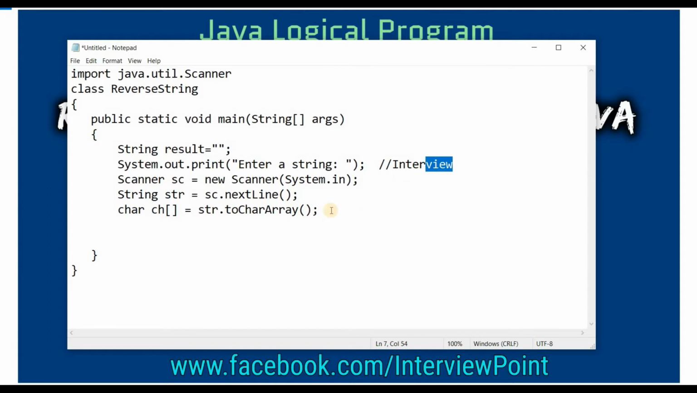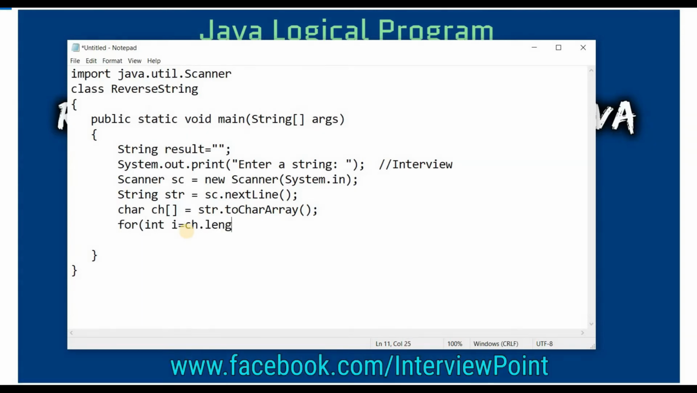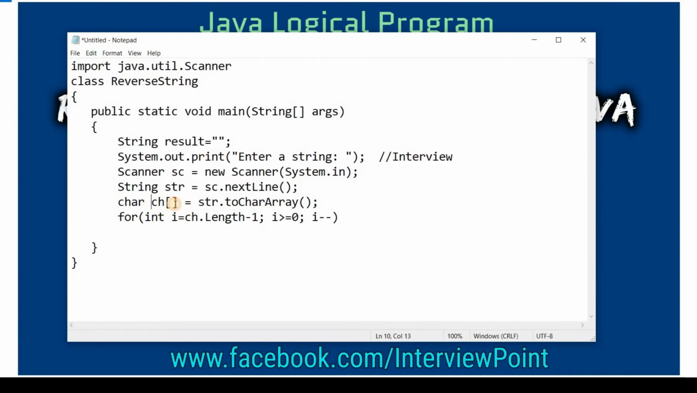Okay, so for reading this string, or we can say character array, we need to create a for loop. For int i = ch.length - 1; i >= 0; i--. So this is very important to understand. We are starting from the last. As you know, array index always starts from 0. So that's why we are